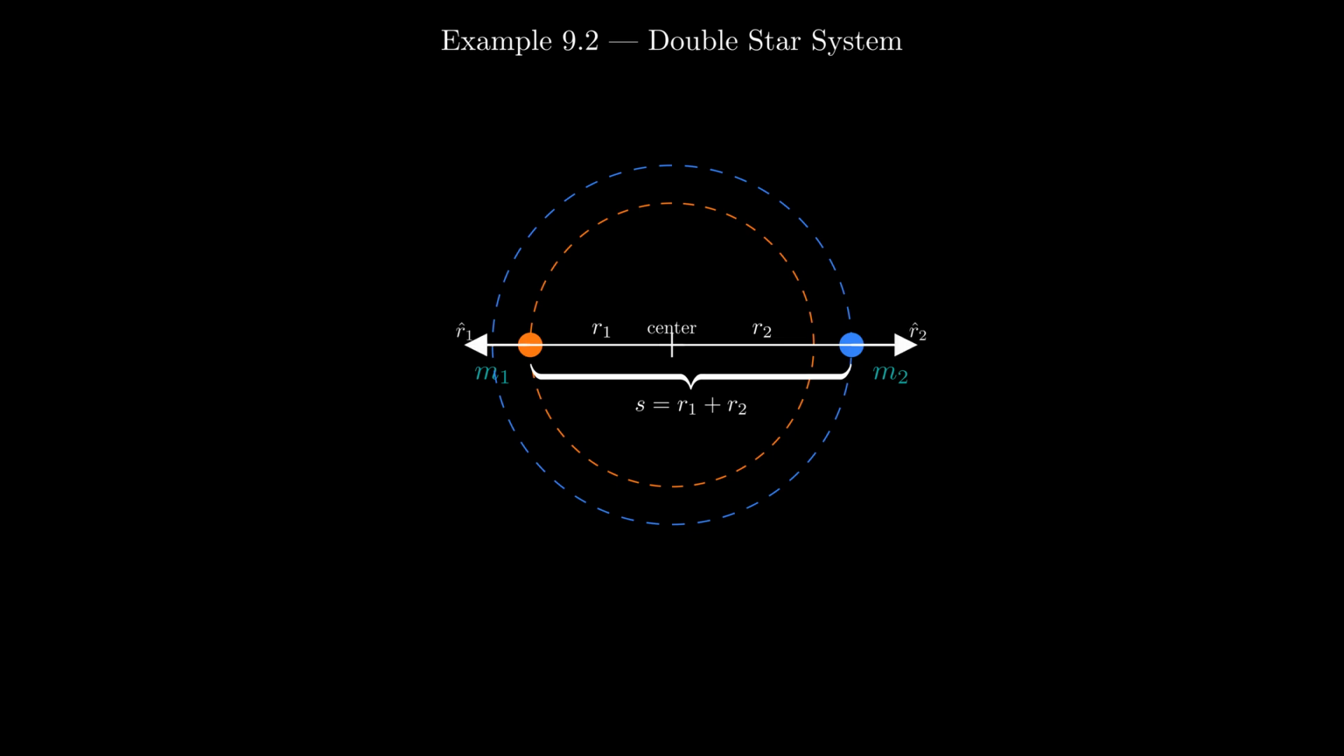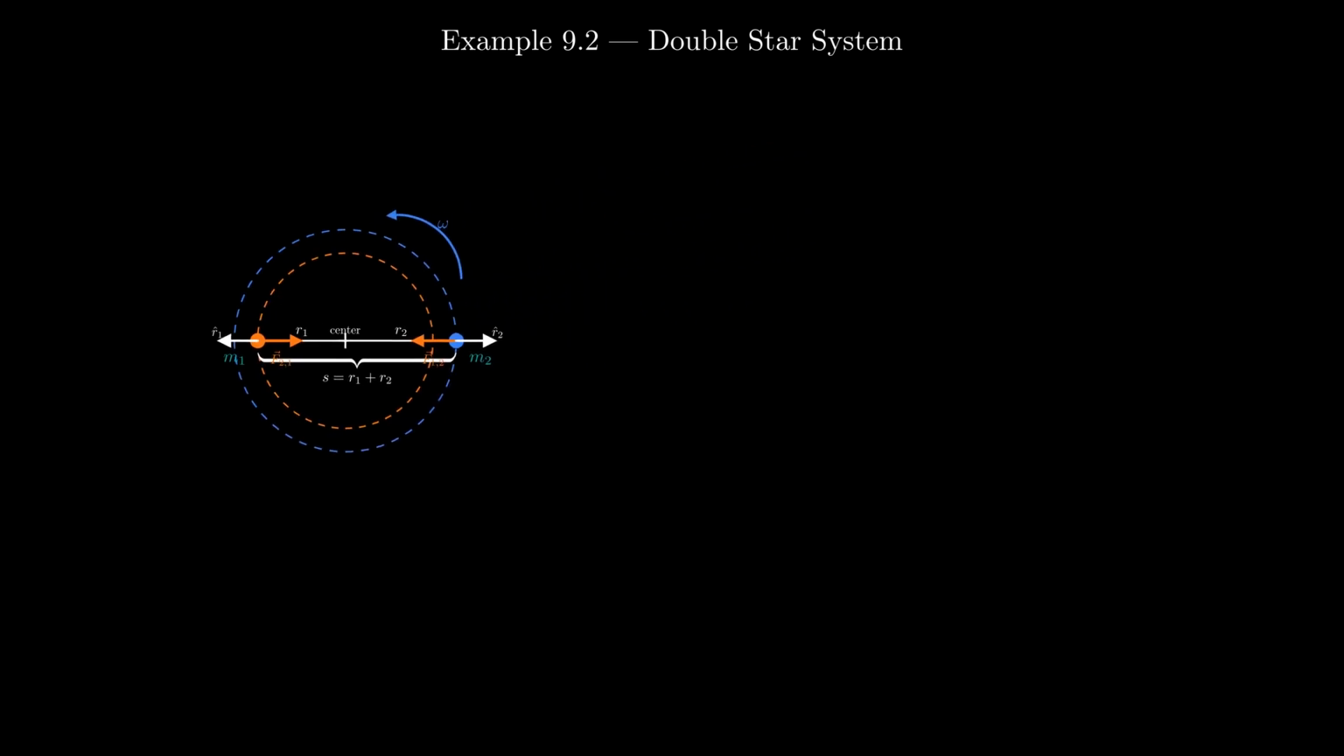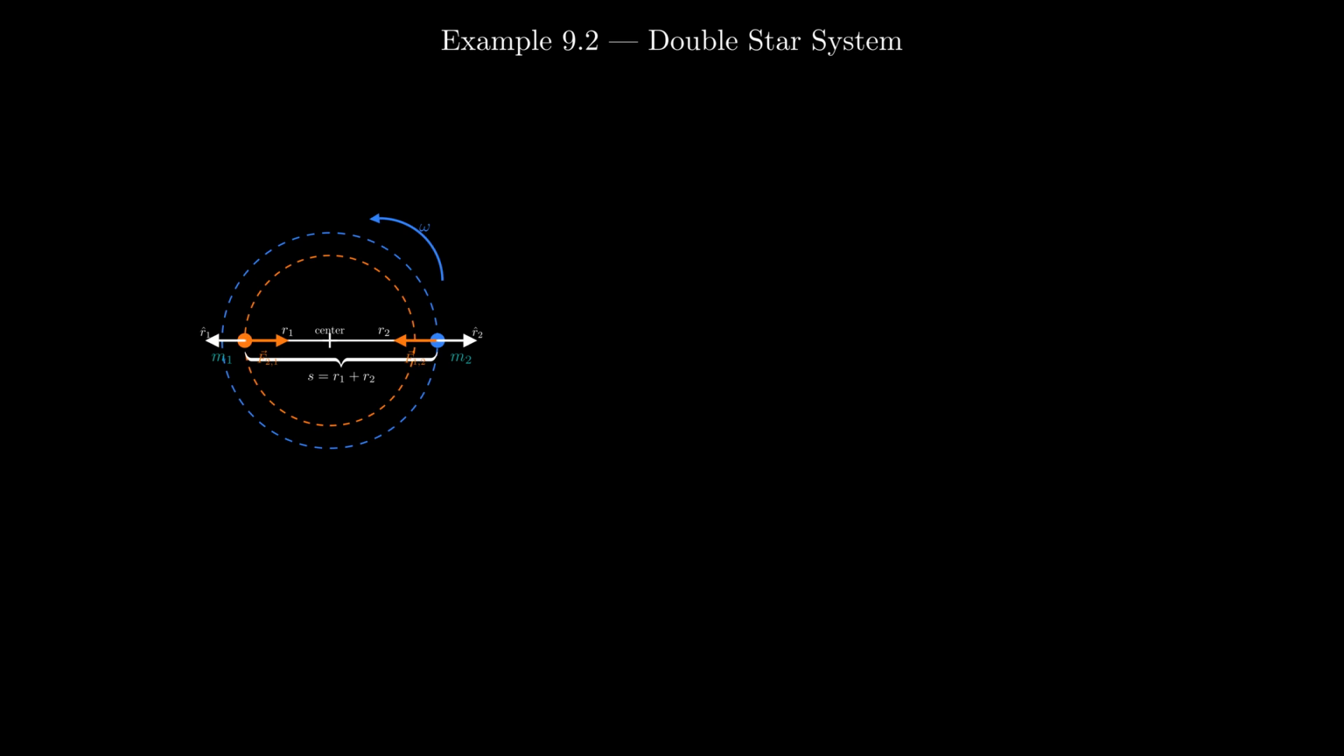Later in the course, we will name it the center of mass. Put the origin right there. Let r sub 1 be star 1's distance from the center, and r sub 2 be star 2's distance, with unit vectors pointing outward from the center to each star. Since the stars sit on opposite sides of that point, their separation is simply s equals r sub 1 plus r sub 2. The gravitational force depends on the full distance between the stars, which is s, not on the